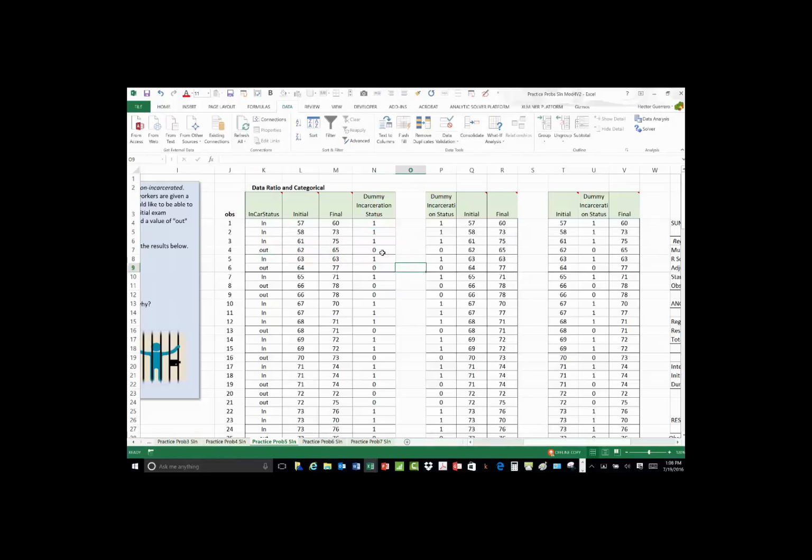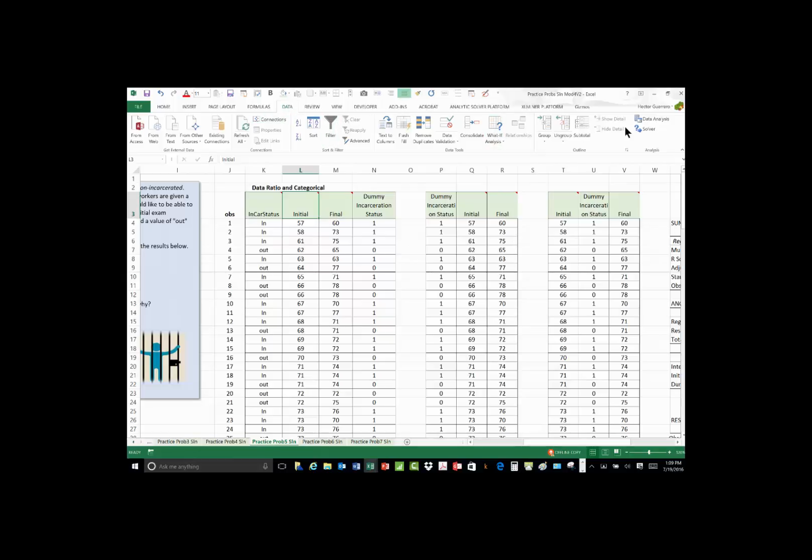So now we have our adjusted, wrangled data set that we can look at. The dummy incarceration status is going to be an independent variable, and the initial score is going to be an independent variable, and our dependent variable is going to be the final score. So let's take that data and reorganize it over here. I've reorganized it here. I changed the rows here. This is the very same data. So we can see if we can feed this now to our regression